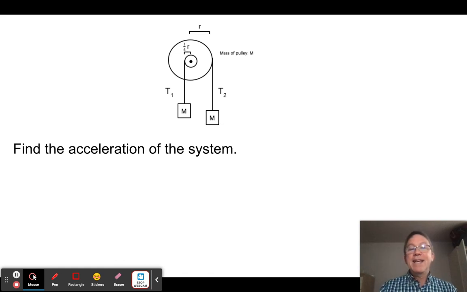They like to do this one here, just to make sure you understand that torque is equal to force